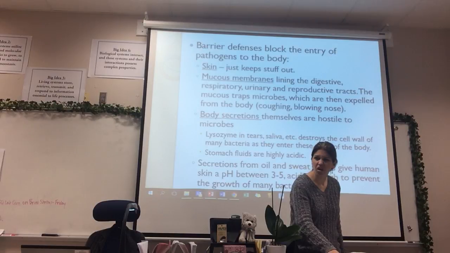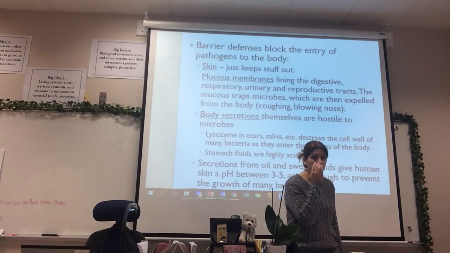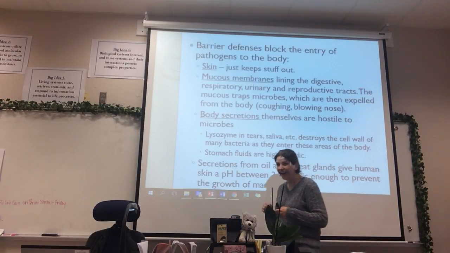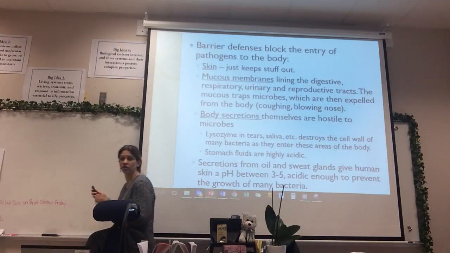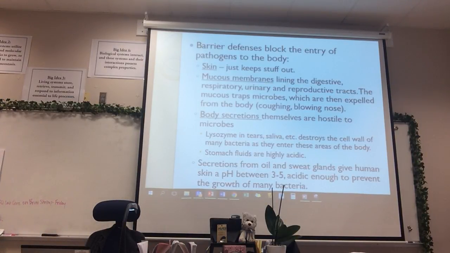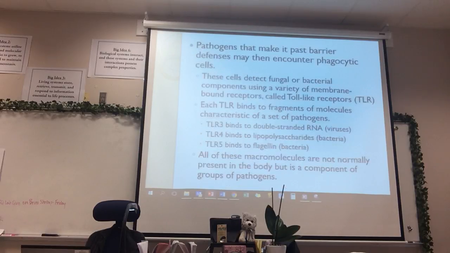The quantity is so small. We talk about producing oils, and I know it seems like we're oily, right here for me. But in reality, the quantity of oil is so small that having a pH of 3 isn't enough to actually change things. Bacteria can't grow in that kind of environment, and that's good. I don't care to be covered in bacteria. That's best for me. But there are some pathogens that make it past those barriers and make it inside.